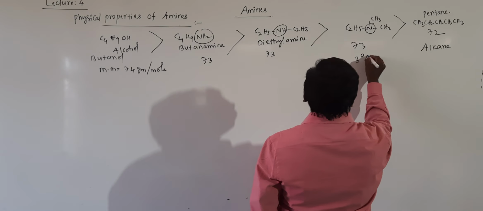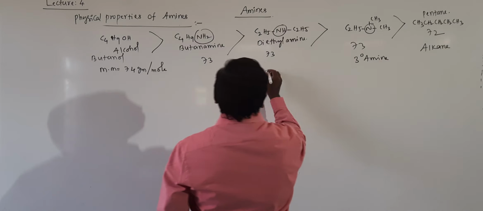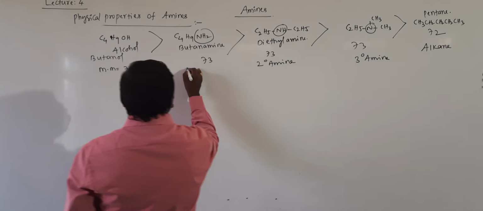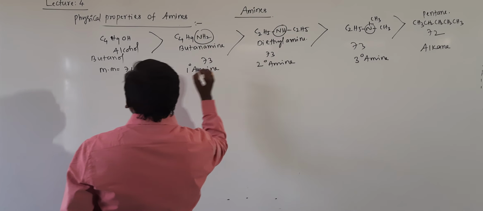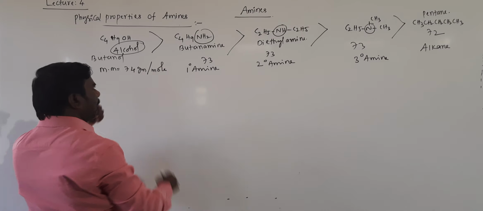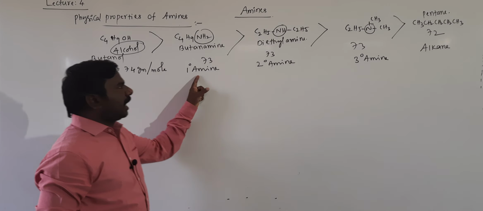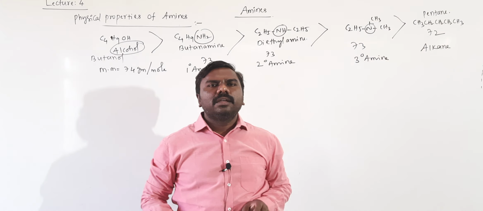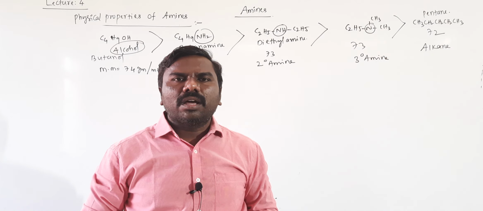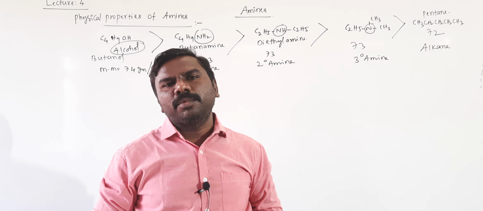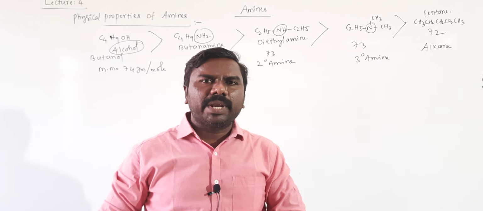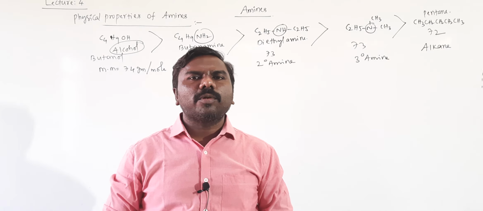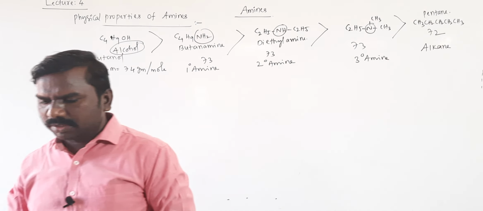It is tertiary amine, right? Which one? Secondary amine. Next primary amine. Next alcohol, right? Alcohols greater than primary amine greater than secondary amine greater than tertiary amine greater than alkane because of hydrogen bonding. In alcohols there is strong hydrogen bonding, and to break the strong hydrogen bond you need to apply more temperature, that's why the boiling point is higher, right? This is the order, students.